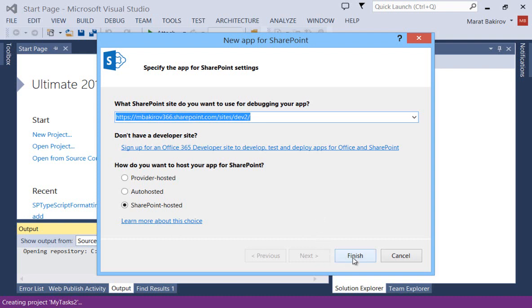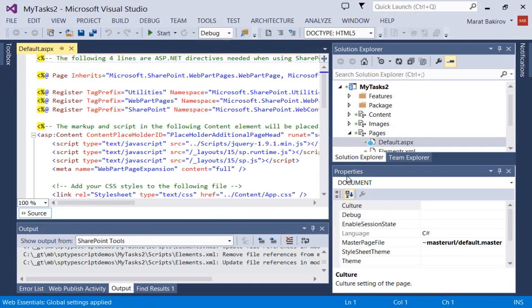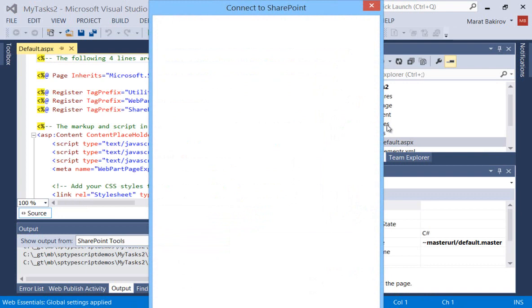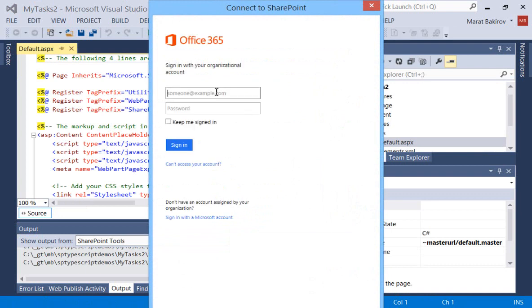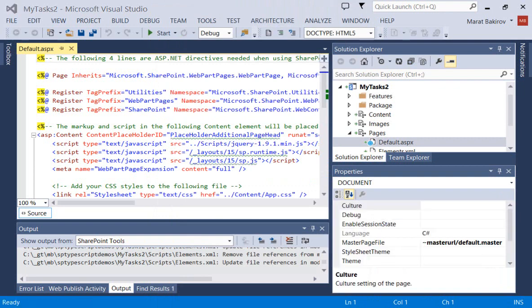Okay, so we're going back. We are creating our application, and in a moment Visual Studio could ask us for a connection to the site. Oh yeah, Visual Studio is asking us for login and password. Let's do that. I think that one, and we're here. Okay, so what we do next is